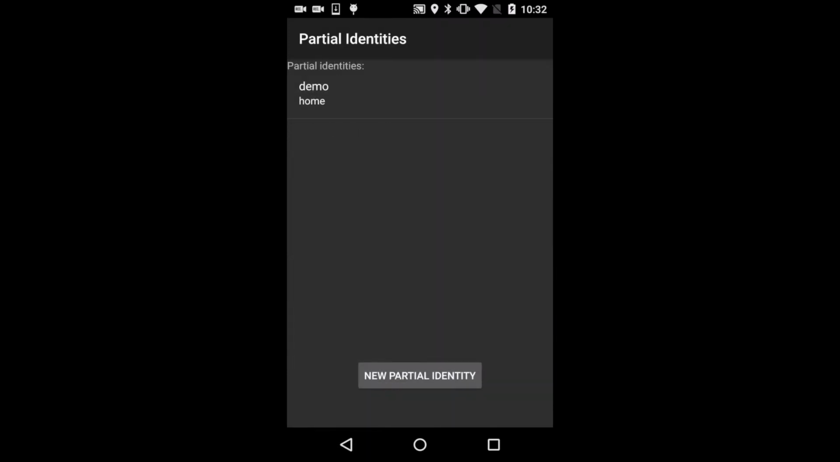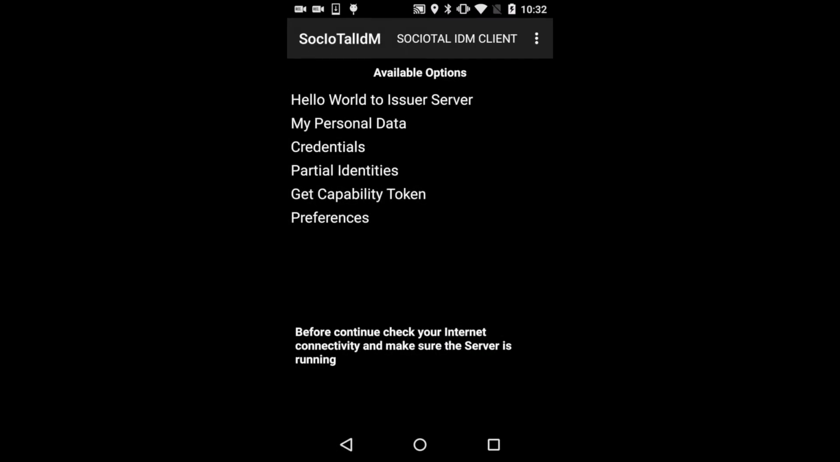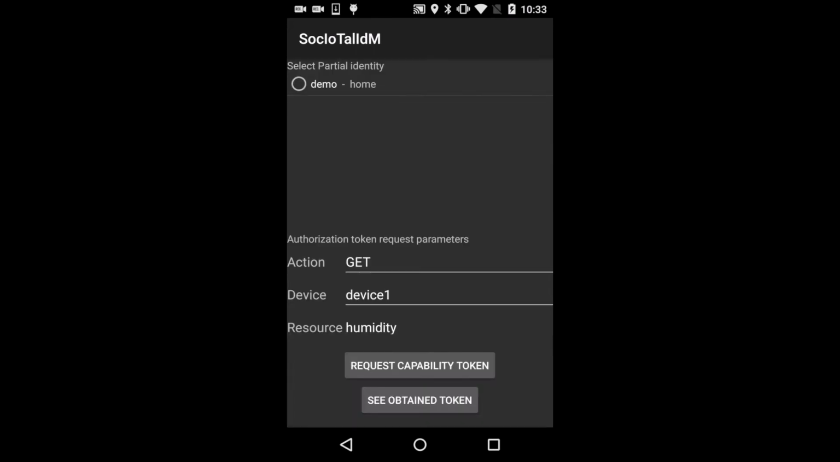The app also allows the use of partial identities as a way to authenticate with minimum disclosure of personal information against the Capability Manager server in order to obtain capability tokens. It can be done in the Get Capability Token menu, which allows to obtain an authorization token from the Capability